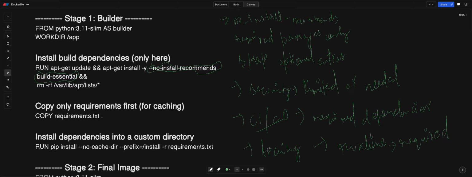Now, there is this particular thing. I'm just highlighting it here: var lib apt lists. So in Linux,